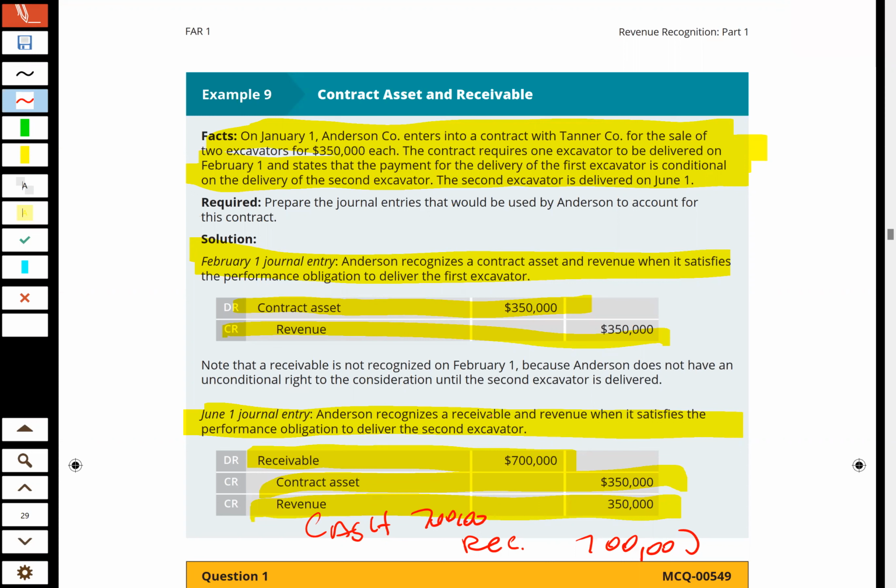Or maybe because when you receive the first excavator, you have control over it and you can use it anyway already, probably. Maybe. Yeah. Well, looking at it from the standpoint of the person that got it, and going back to our revenue recognition, they've taken control of the asset. They have all the risks and rewards of that asset, right? If they drive it off a cliff, it ain't our fault. It's not the seller's fault. We're going to go, look what happened to your excavator. So we can take the revenue, right?